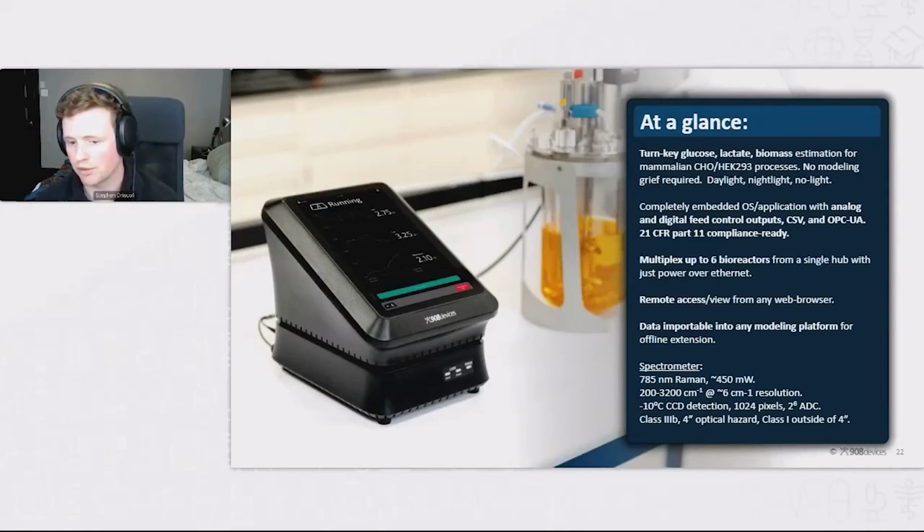You can export the data, both the predictions and the spectra, in CSV format. You can monitor your bioprocess run through OPC UA. You can be sitting on your couch and see how your bioprocess is running. And again, you can multiplex up to 6 of these measurement modules to one hub to monitor in parallel up